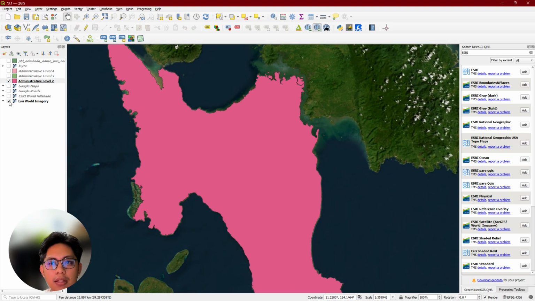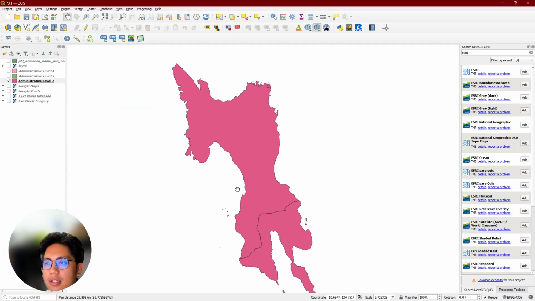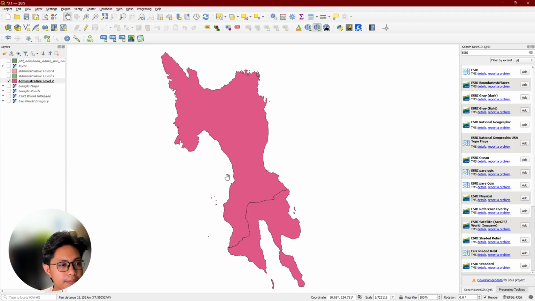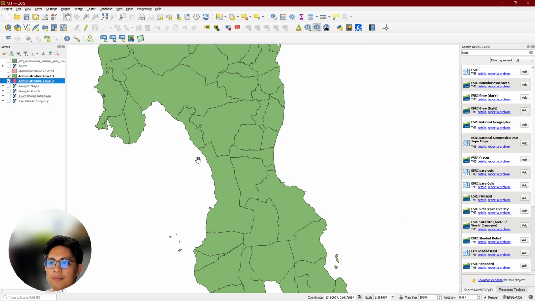So I'm going to hide my imagery first and focus here on my admin 2 map. So this is the island of Leyte, Leyte and Southern Leyte. You'll see here there's a distinct divide.